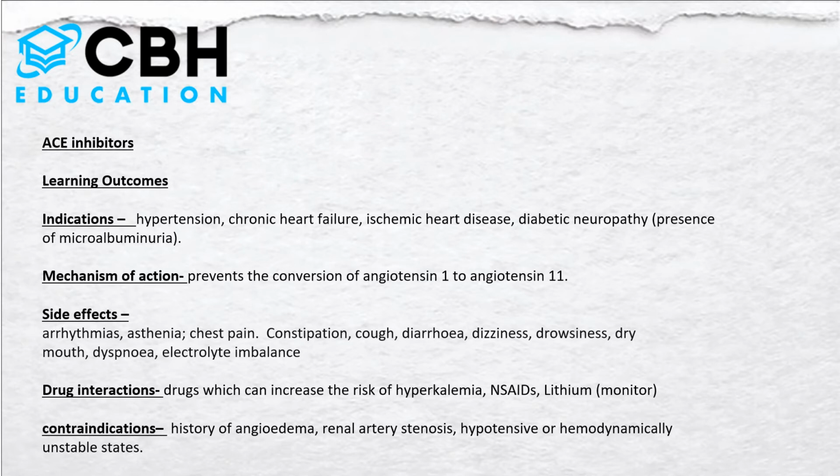Okay, so mechanism of action, basically it prevents the conversion of angiotensin 1 to angiotensin 2. And basically with that, angiotensin 2 is a vasoconstrictor which stimulates aldosterone secretion, and then blocking this lowers the blood pressure. Okay, now general side effects you find will be arrhythmias, asthenia, chest pain, constipation, cough, diarrhea, dizziness, drowsiness, dry